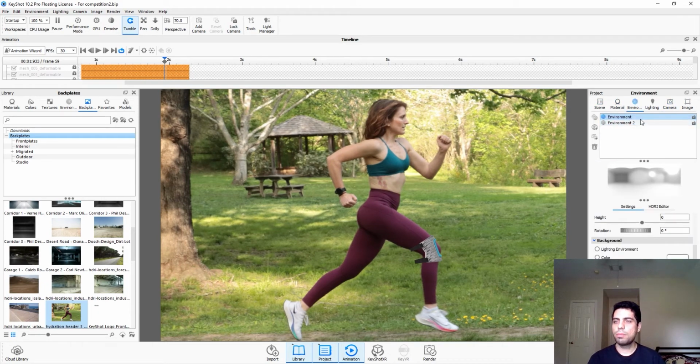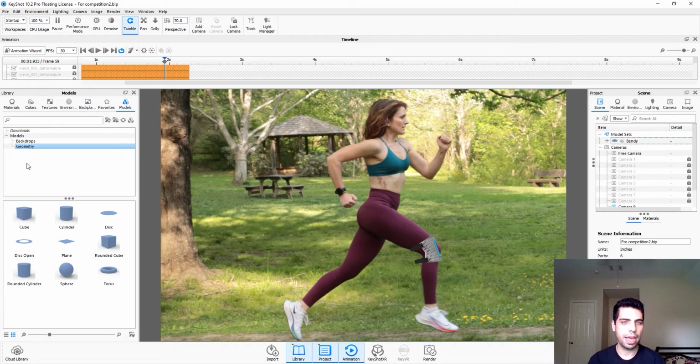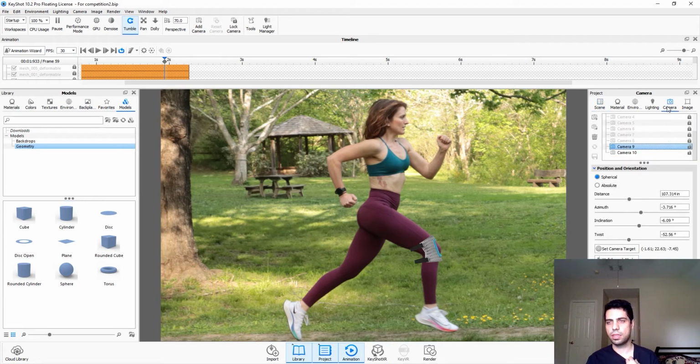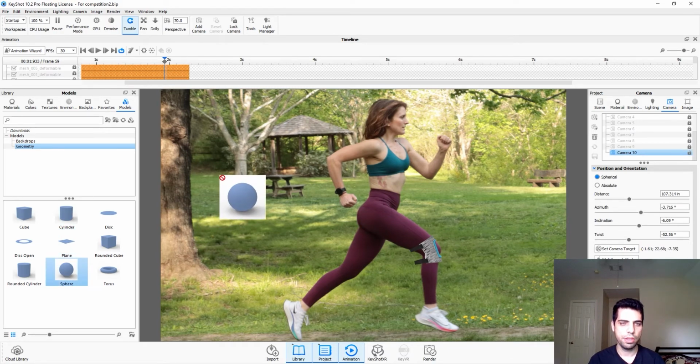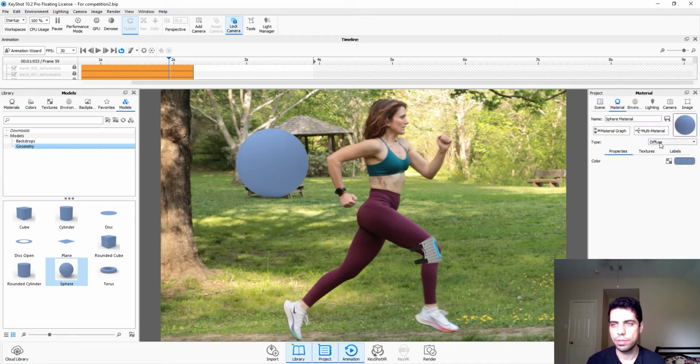And for the lighting, I'm in the basic environment, just the startup environment, no HDRI or anything. I don't want to use an HDRI here. I just want to use some basic geometry lighting. So I'm gonna add a few geometries, and let's see, let's lock this. And I'm gonna add, let's say, a sphere here. All right, we have our sphere here, and I ended up moving the knee brace a little bit, just rotating it. And so for the sphere, we want to add an area light, and